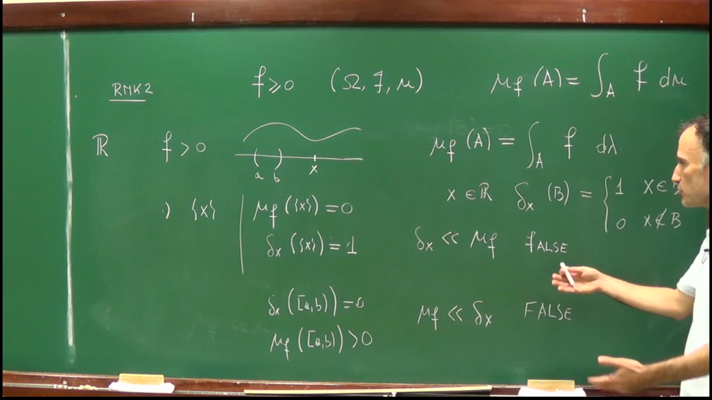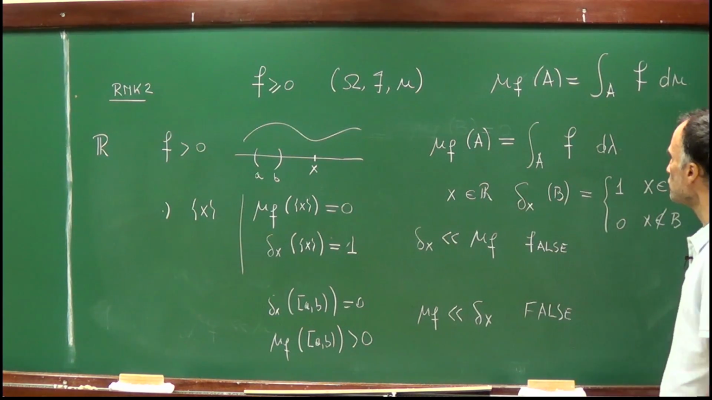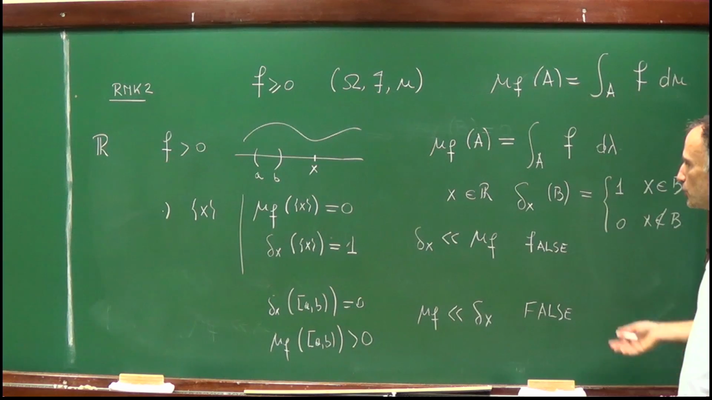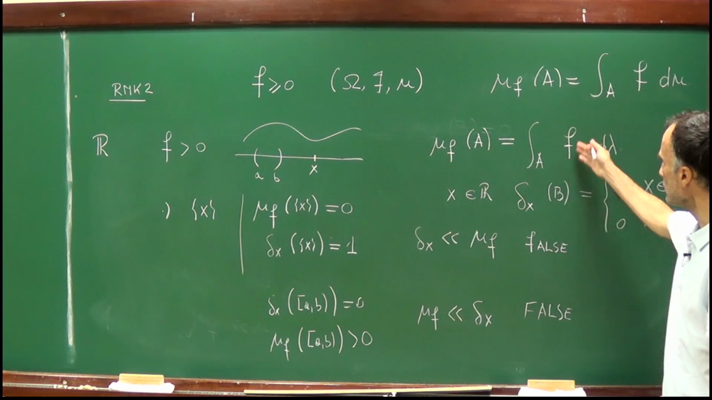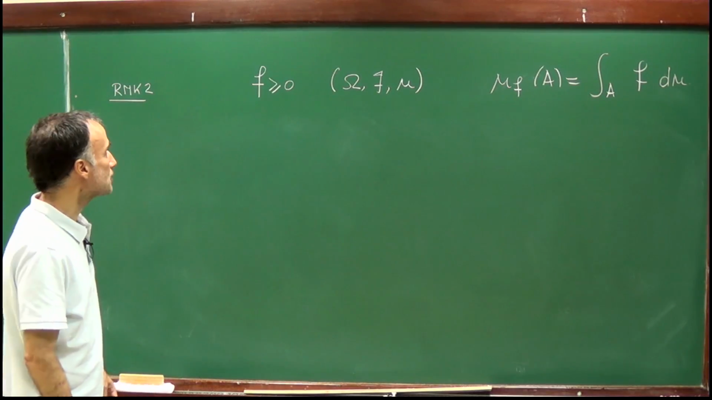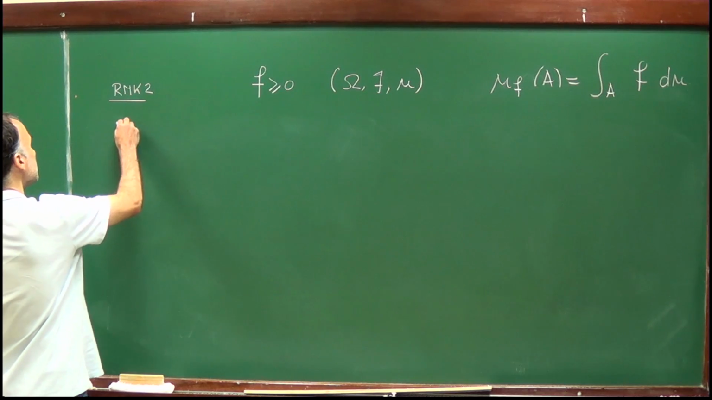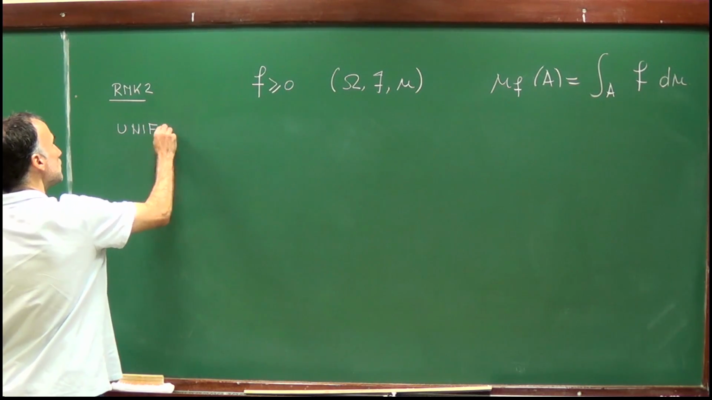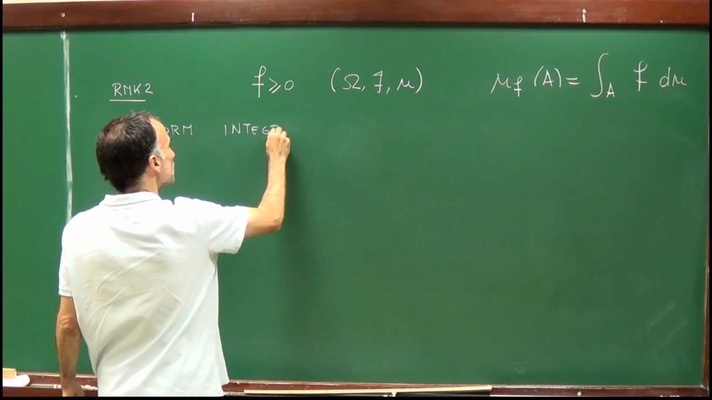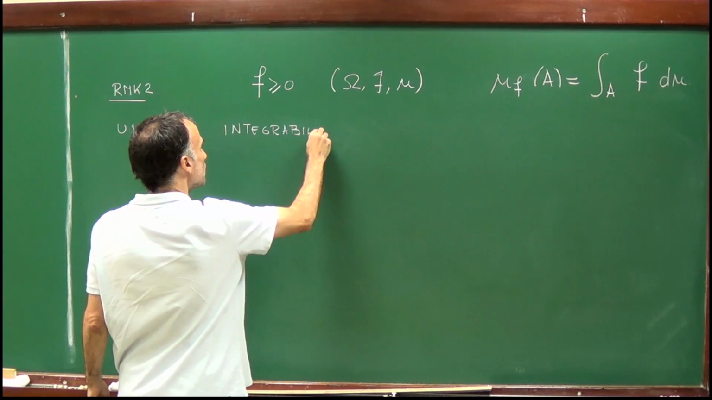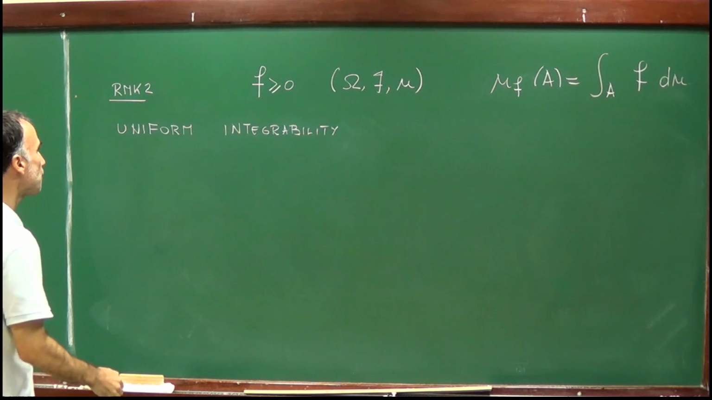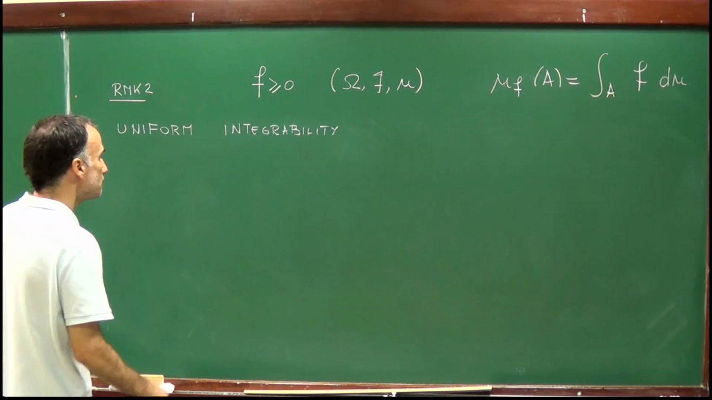So we have here an example of measures which are not absolutely continuous with respect to one another, and therefore you won't have this representation in terms of a function. So, last remark concerning this measure, it's about uniform integrability. So what I claim is that